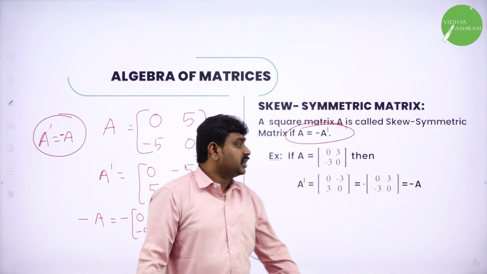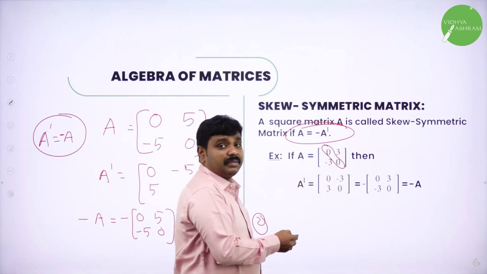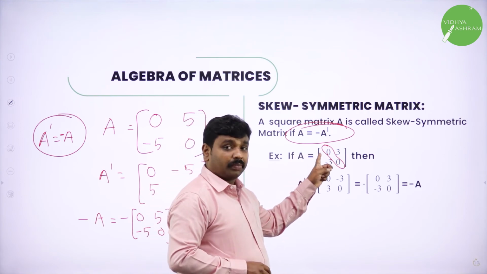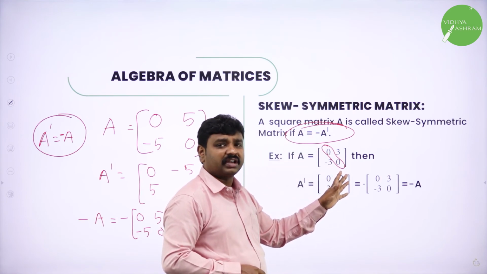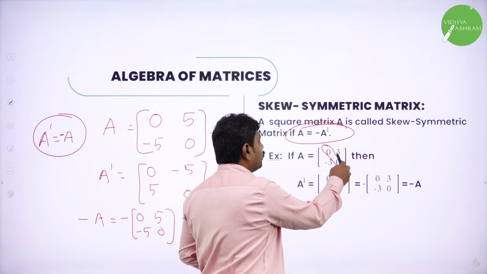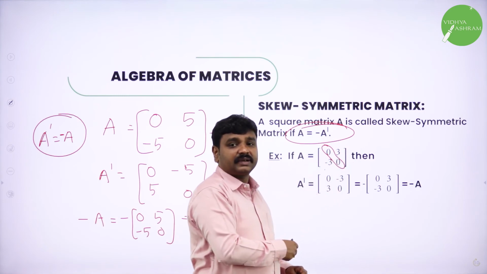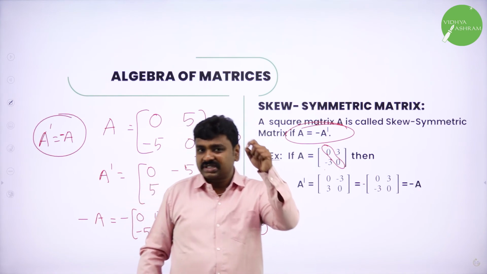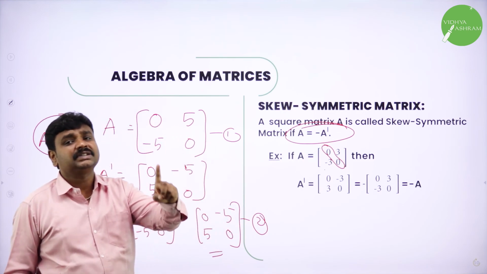Interesting fact is, if it is skew symmetric, diagonal elements will be 0. You know what diagonal elements are? Yesterday I taught you principal diagonal elements, the elements starting from the top to the last of the bottom. These are diagonal. Diagonal must strictly be 0 for skew symmetric. And the secondary diagonal elements are equal and opposite. If this is 3, this is minus 3. Or if this is minus 8, it will be 8, like that. Remember that so that you can write examples. So now I taught you what is skew symmetric. A square matrix is said to be skew symmetric if A dash is minus A.